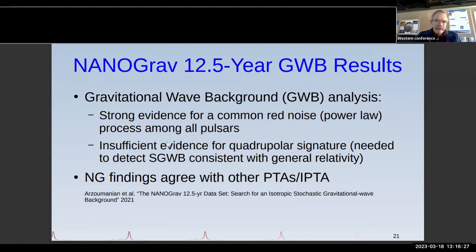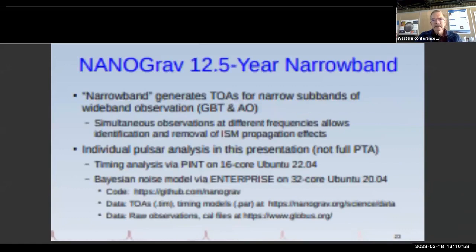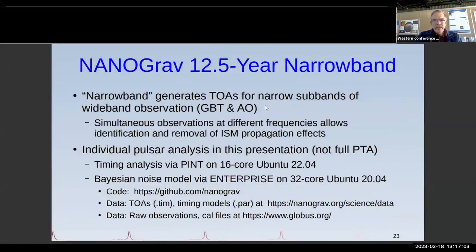And the NANOGrav findings agree with Parkes and the European set and the other groups that are all working together, sharing their data, and so they do see something, but they can't claim yet that it's gravitational wave. So what I'm really looking at more is just individual pulsars. In fact, the rest of the time, I'll just be looking at 3 individual pulsars, doing narrowband timing studies. So narrowband in this case means that at the Green Bank telescope and Arecibo,